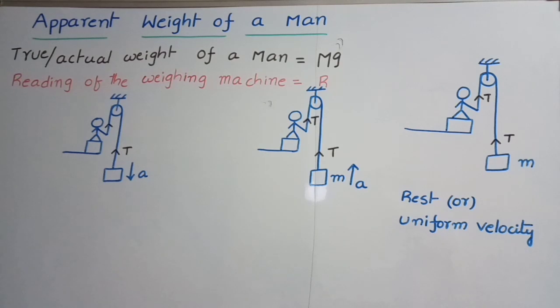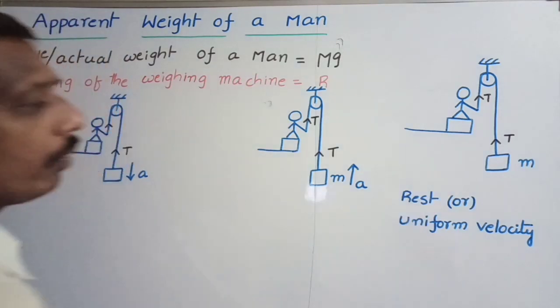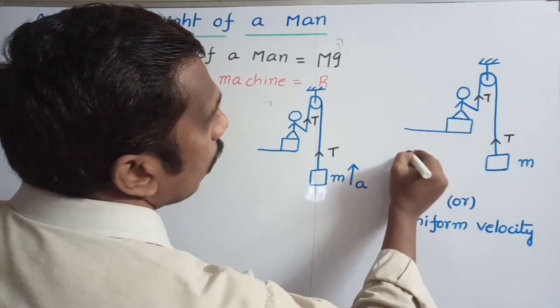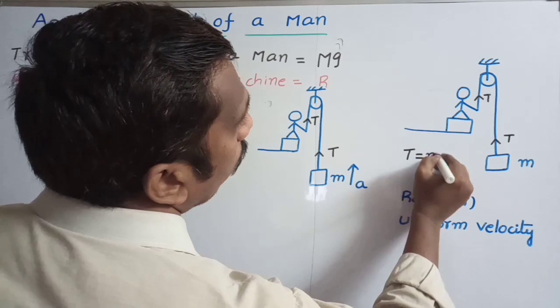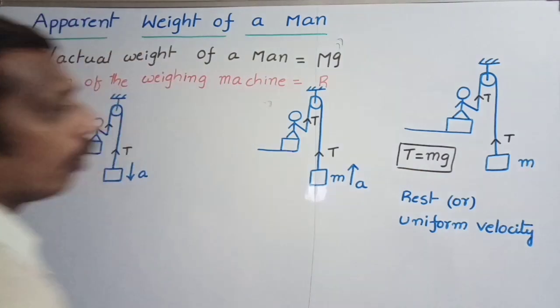Next, three situations. These situations are the same as drawing water from a well by using a pulley. So these situations we observe in villages. Here, a man is pulling a certain weight of mass m. If he holds it, or the block is moving with uniform velocity, holding means rest or moving with uniform velocity, in this case tension T is equal to the weight of the block, because the net force acting on the block is equal to 0. So tension is equal to mg.